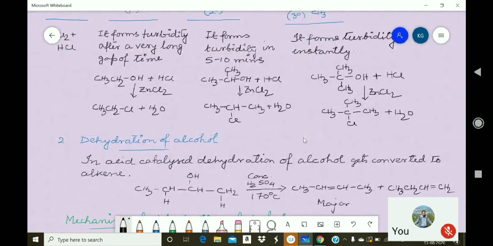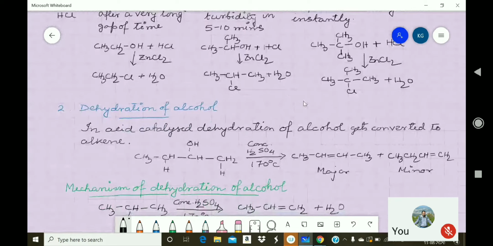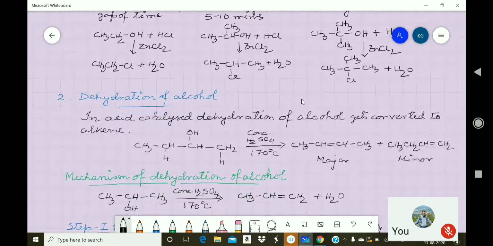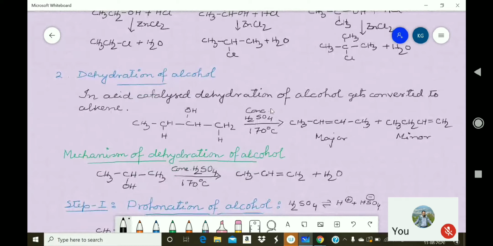Next, let us look at dehydration of alcohol. Dehydration of alcohol is carried out in the presence of concentrated sulfuric acid at a higher temperature, 170 degrees Celsius, where we find that the product comes as alkene. If we take this example, butanol, there are 2 beta carbons from which hydrogen can be removed along with this OH group from the alpha carbon, resulting in 2 different alkenes. We find that the more substituted alkene, butene, will be the major product, which is also called the Saytzeff product,